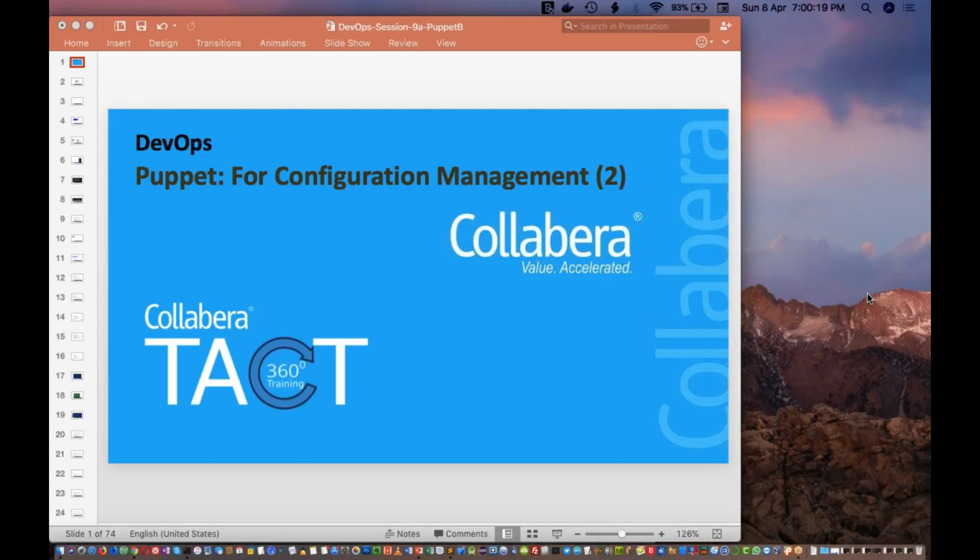Okay, good. So this is the 9th day of the DevOps training, and before starting today's session, let's have a small recap of last day's topic. Last day we saw the need for a configuration management tool. Then we saw the Puppet configuration management tool, common terms related to Puppet, how Puppet works, Puppet architecture, data flow for individual nodes, master and agent interaction, configuration items, and a small intro to Puppet DSL.